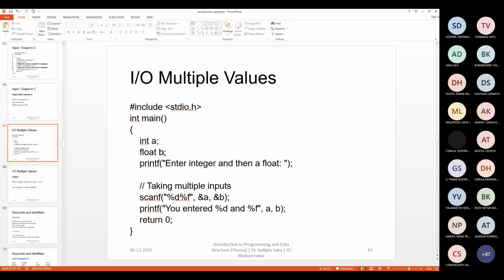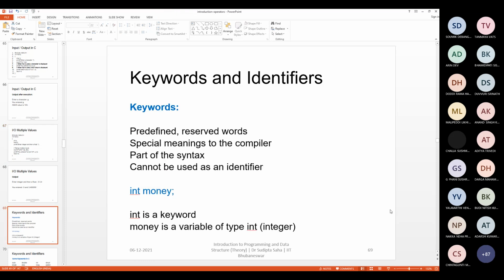Now, what are these A, B, C? Do they have any common name? They also have a common name, which is called an identifier. A, B, C, these variable names, literal names, or constant names, are also called identifiers. Just check carefully.